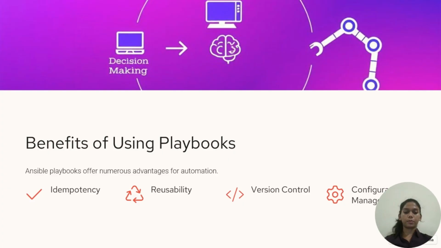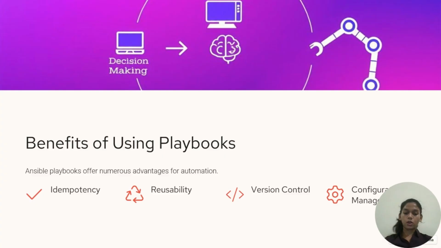Second is reusability. Write once, use forever. Your playbooks can be reused across multiple projects. Third is version control. Store your playbooks in Git to track changes and collaborate with teams. Fourth is configuration management. Manage infrastructure as code, ensuring consistency across environments.